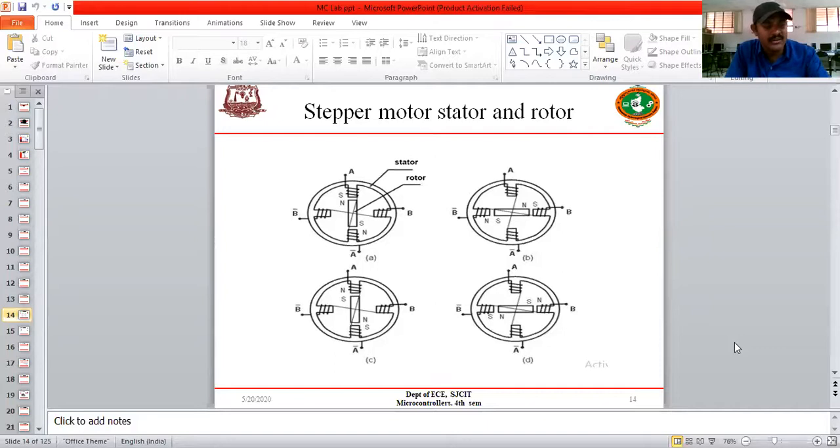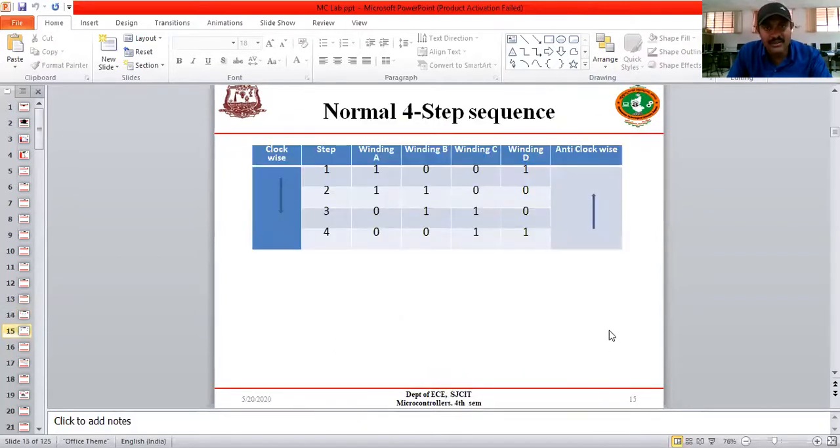In the general working principle of the motor, whenever we give the supply, the stator winding gets energized. That means it produces a magnetic flux. This magnetic flux is cut by the armature, and automatically EMF gets induced. Then the rotor starts rotating, either clockwise or anti-clockwise, based on the supply. If you change the terminals of the supply, the motor will run in the reverse direction.